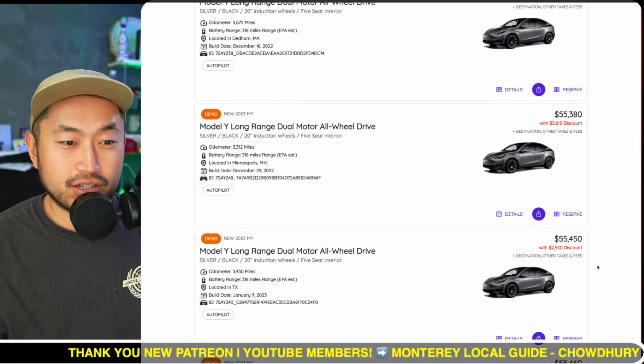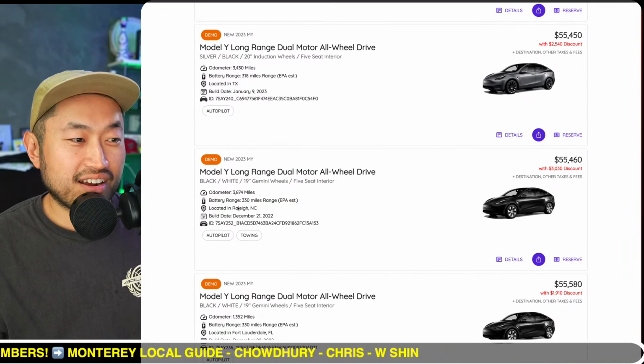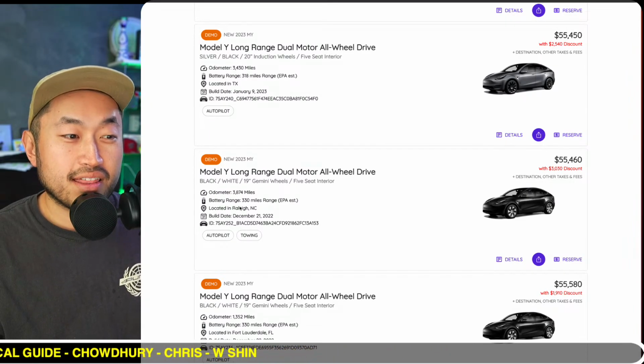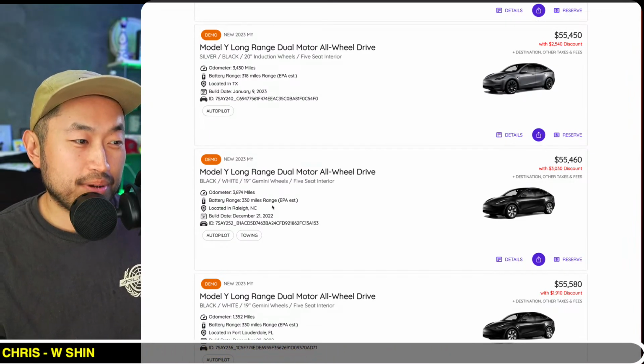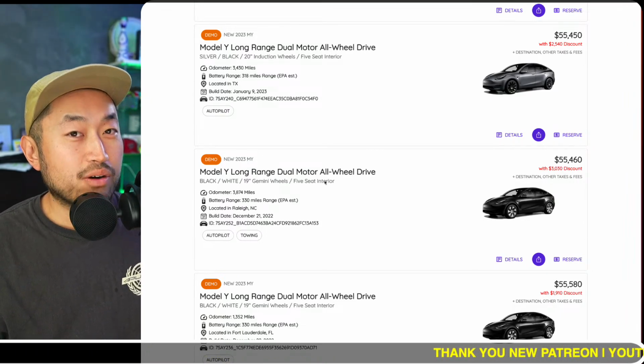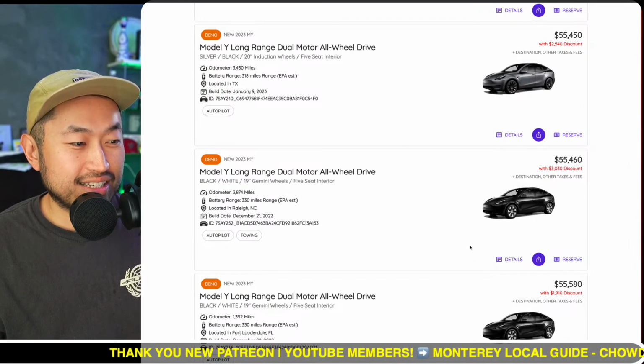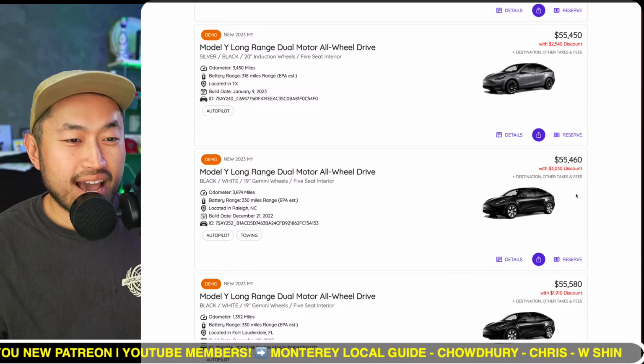Minneapolis, $2,500 discount. And right here, there it is in Raleigh, North Carolina. If you're in that area, this would be the perfect build, in my opinion. It's a Model Y long range. It's a 2023 black with white interior. I know that's a rare combo that a lot of people are interested in, and it has a